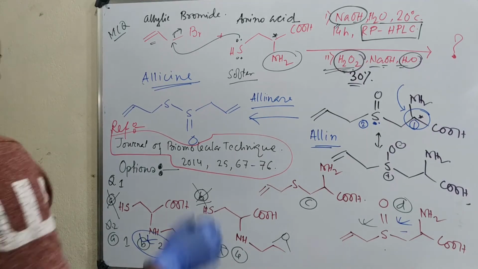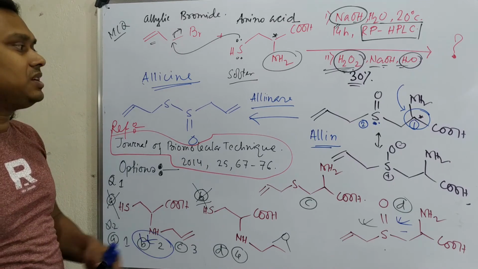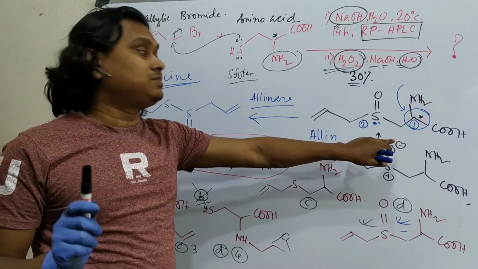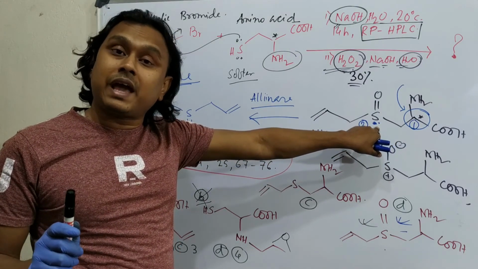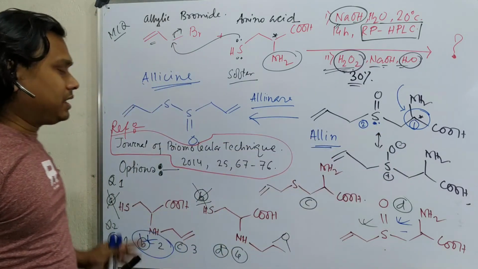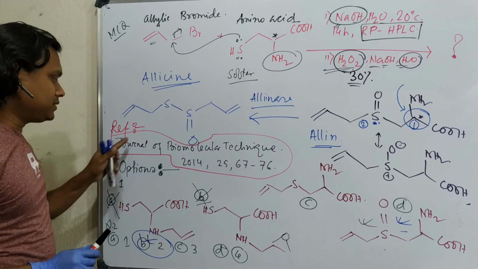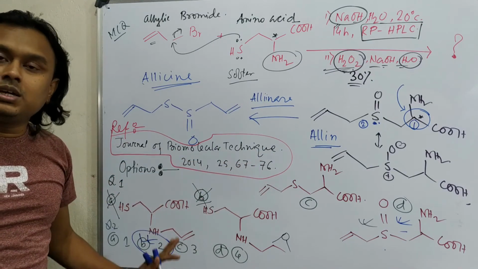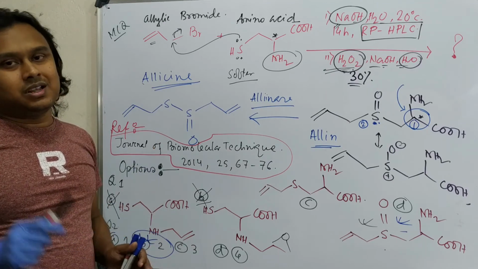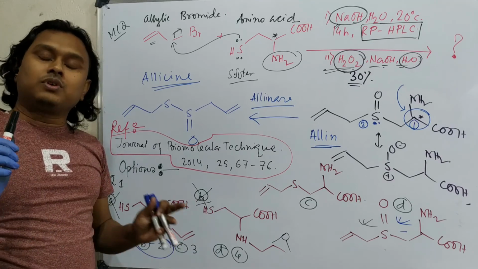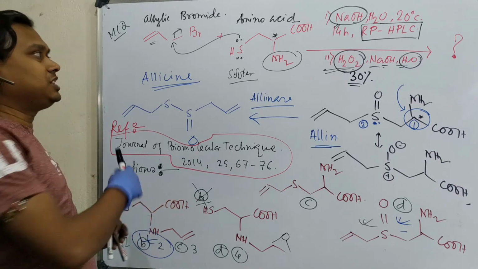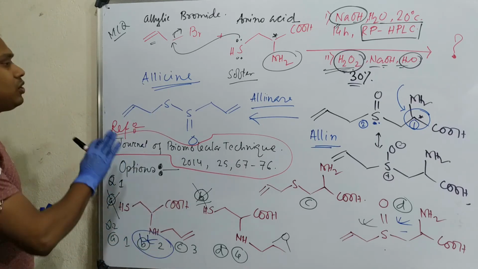Okay, and one important piece of information I suggest you students please remember is that this center has two stereocenters, meaning this sulfur center is optically active, meaning this compound has two optically active centers. Fine. Now another thing, this problem is taken from this manuscript. You can visit the Journal of Biomolecular Technique if you want to learn more, but based on my understanding, you don't need to read this kind of journal, because please read the lecture, focus on your study, and ultimately crack the exam. When you come to research, then it is better to read in detail. Okay, so this is the overall discussion.